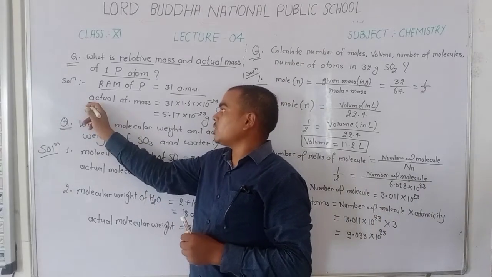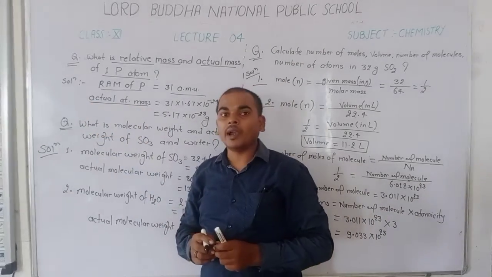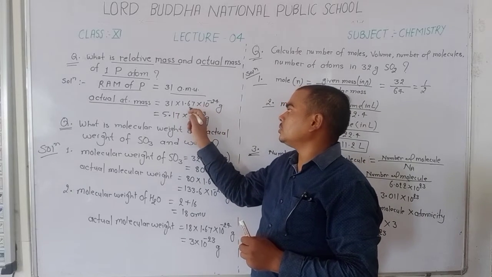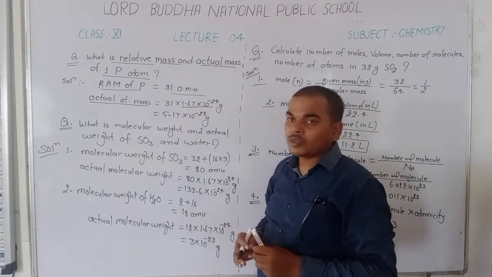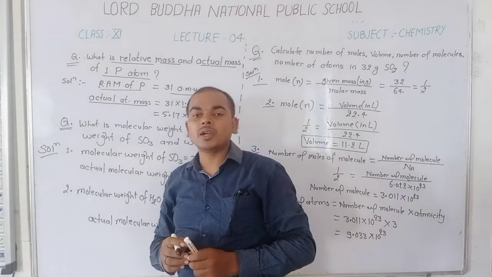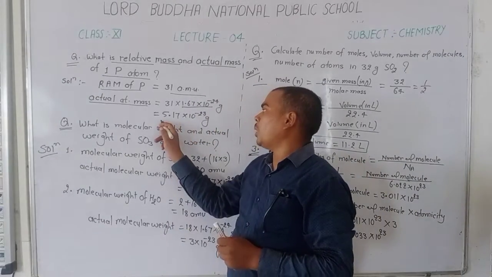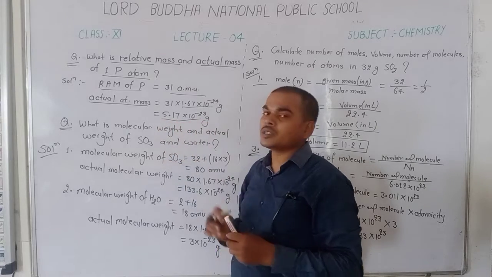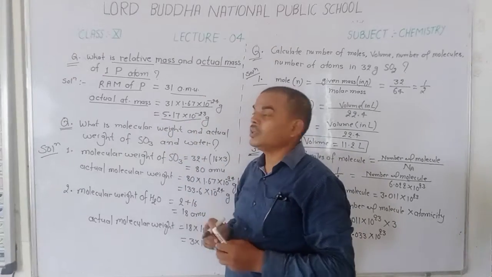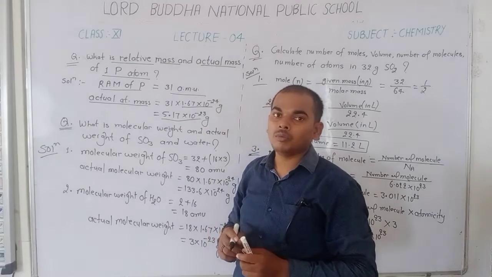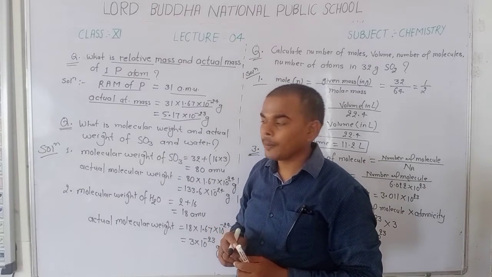But the actual mass of phosphorus is found by calculating 31 times 1.67 into 10 power minus 24. Then we find the value 5.17 into 10 power minus 23 grams. This is the actual mass of phosphorus. Okay. Next